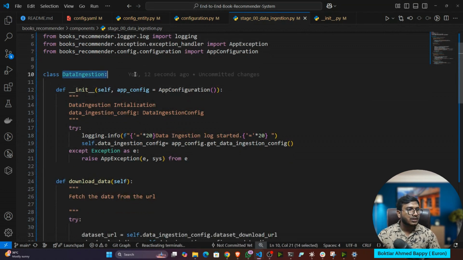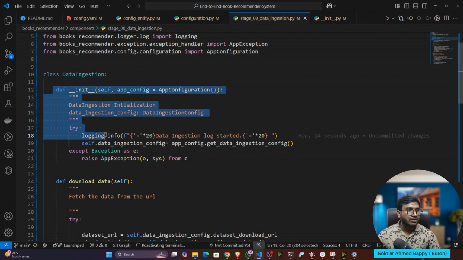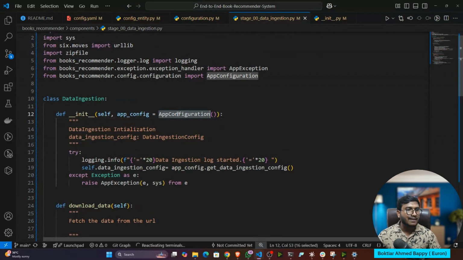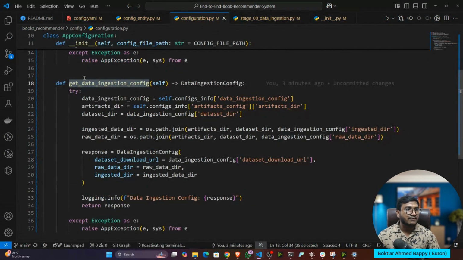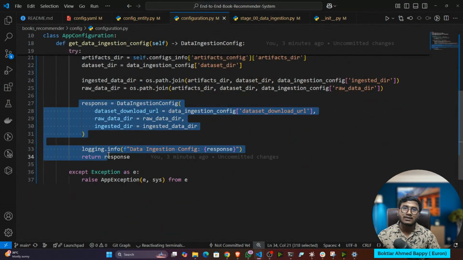So this is the class name called DataIngestion. Inside that, again, I've written a constructor. So it will initialize the app configuration first of all, because this is the app configuration. So this will create an object. And from the object itself, I'm getting the method, because here is the method. And if I get the method, that means I can access everything in the method itself.